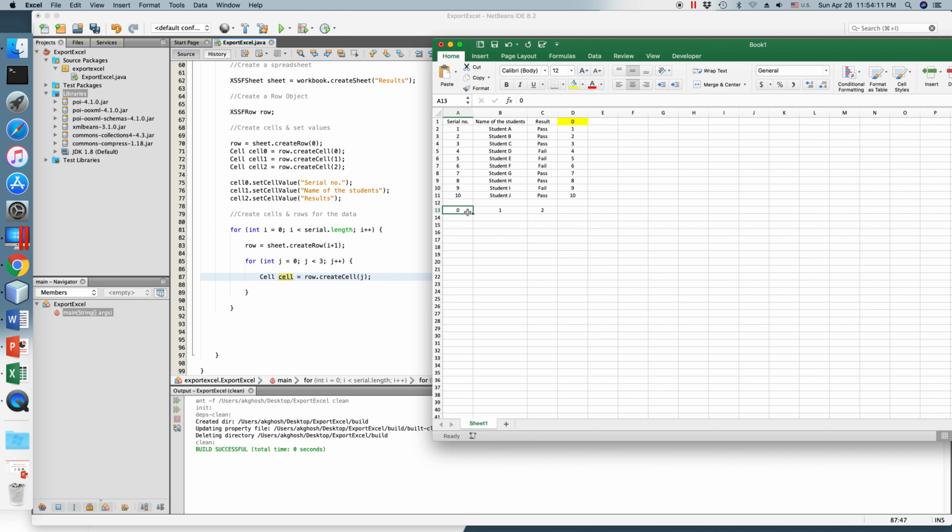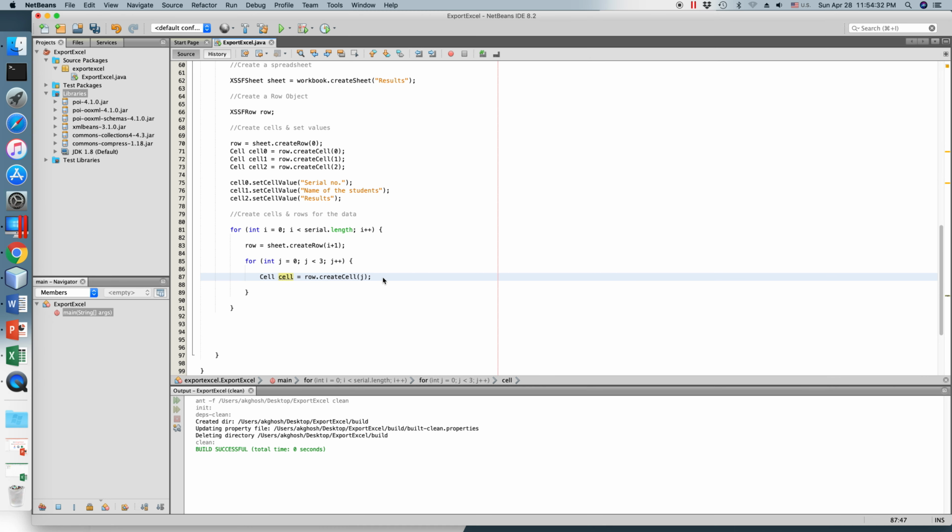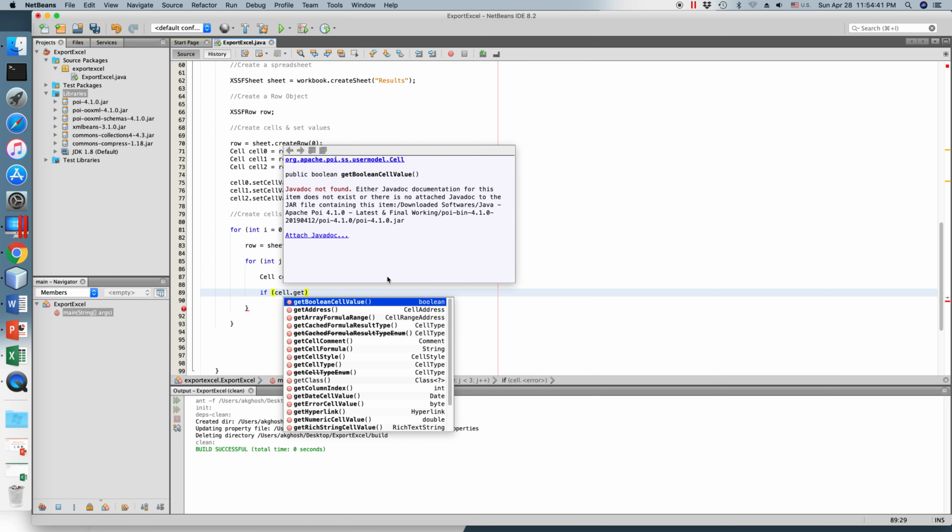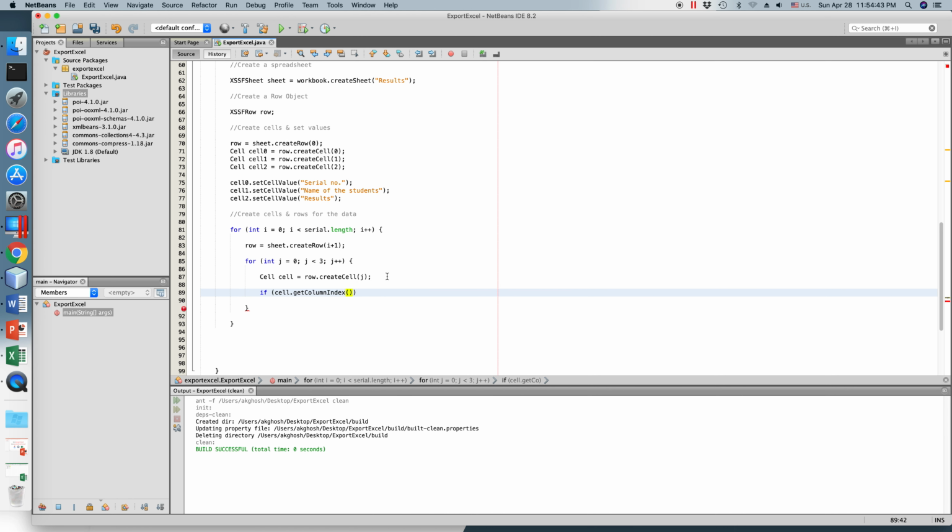the serial number in the cells as a value. And when the index of that cell is 1, it will put the name of the students in that cell. And when the index is 2, it will put the results as value in those cells. So if we understand this, now I will just take the help of conditional logic, that after creating the cells, if cell, and I will call this get column index method equals 0,